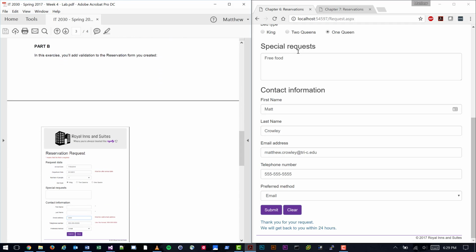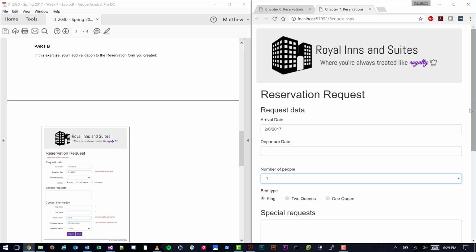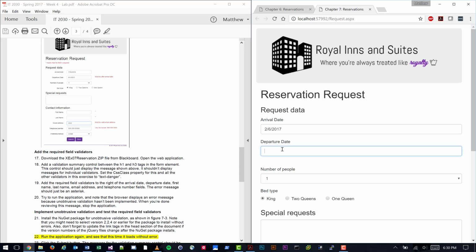you're going to add validation. So I'm going to flip over to the next tab on the right. We have chapter 7 solution, and again it's just like chapter 6, but what we're going to add is all the validation methods. So for instance, with a departure date, I'm going to put a day before my arrival date,